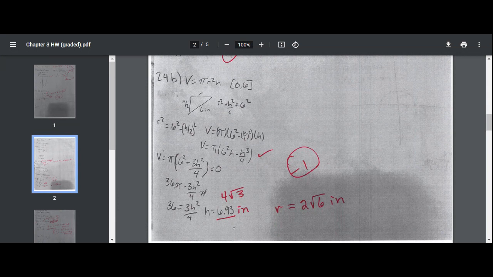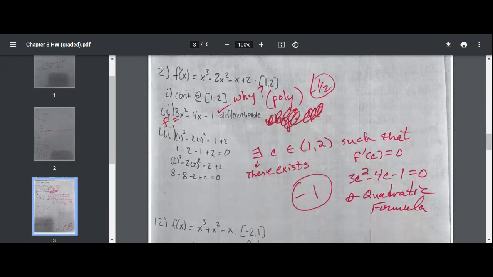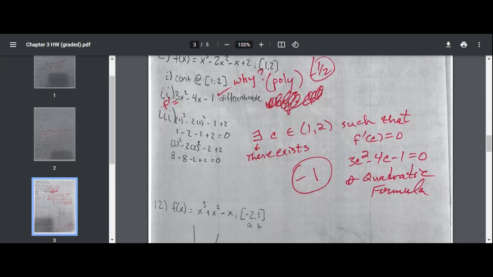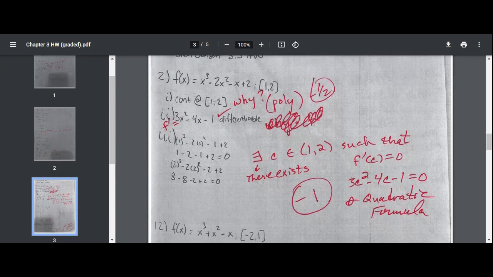You only gave the height, but you need to go back. If you have the height, you can use that original formula that you had up here or something and give me the radius. So you didn't do that. Gotcha. Okay. And then here we're using, so when we're using Rolle's theorem or the mean value theorem,